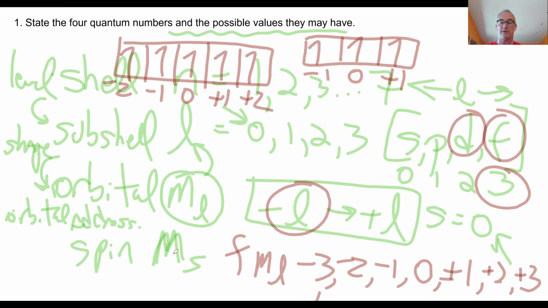So yeah, there's 1, 2, 3, 4, 5, 6, 7 places, 7 little houses I can put my electrons in, and there's room for 2 electrons in each one. So F can hold 14 electrons. There's 7 places to put them. So at the end of the day,